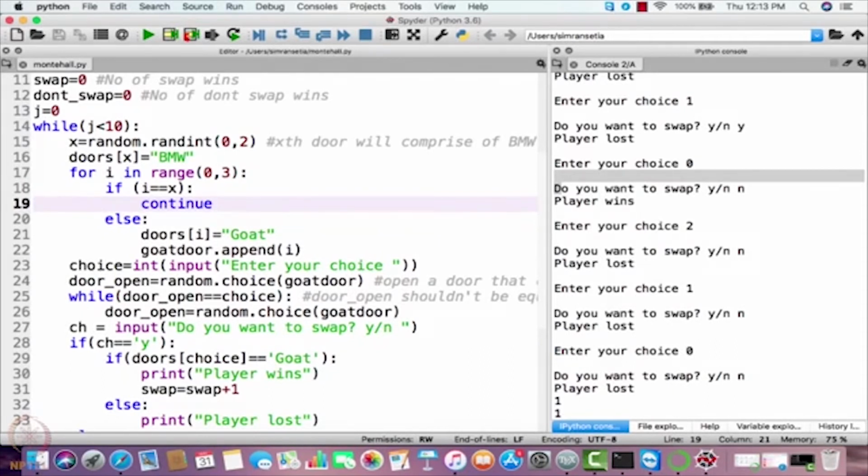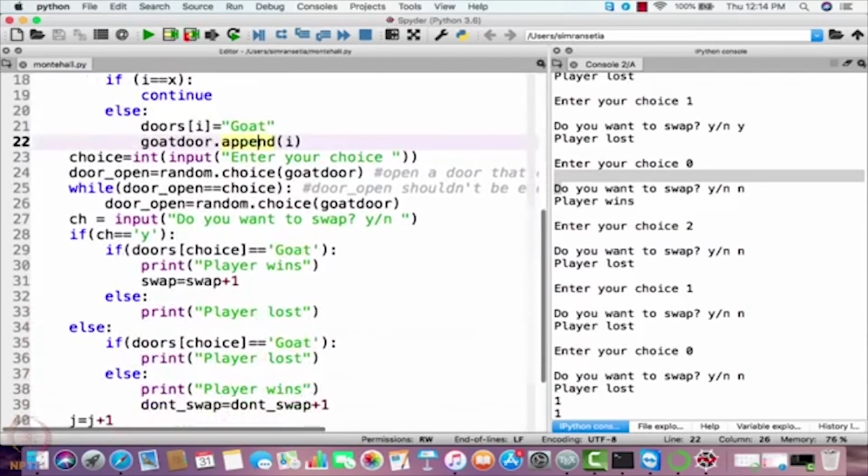Because the exit door already comprises the BMW, and if i is equal to x, then we have to continue. We have to bring the control of the program to the start of the loop, because we are not considering x here, we are considering the rest of the doors. And else, if i is not equal to x, then doors at i will comprise a goat.